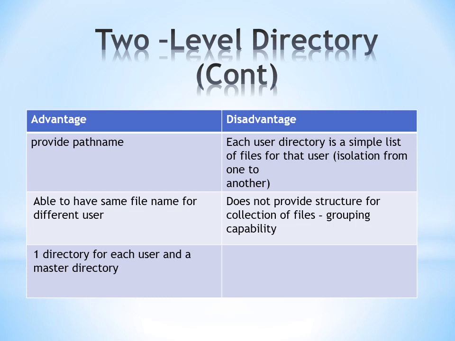Now look into the advantage and disadvantage of two-level directories. In the two-level directories, you provide the path name. However, as a disadvantage, each user directory has a simple list of files for the particular user. The problem with two-level directories is that they cannot provide grouping capabilities. So therefore, it will be solved by using